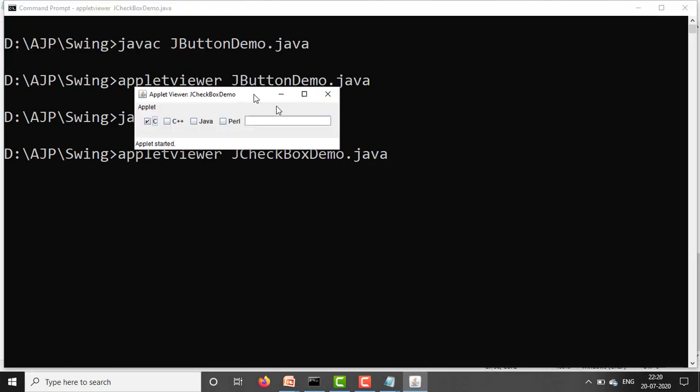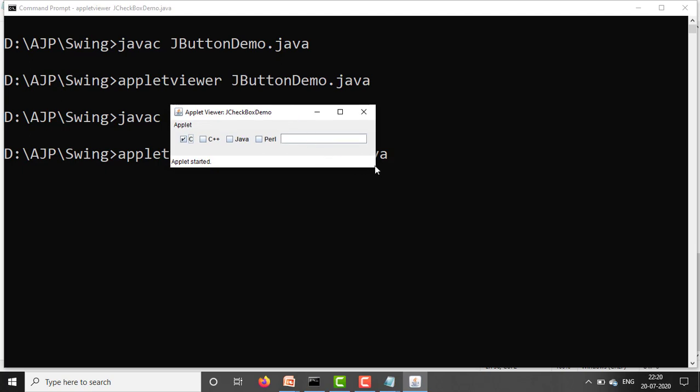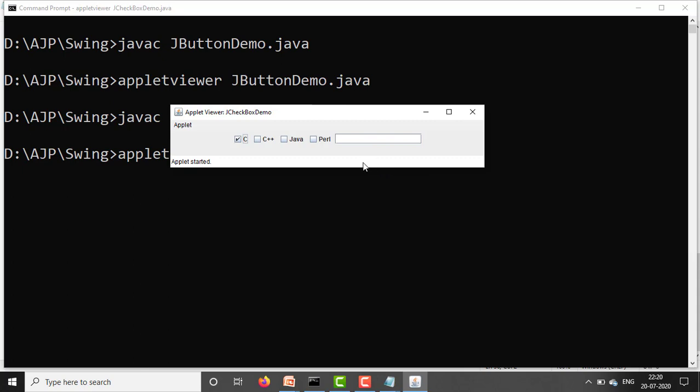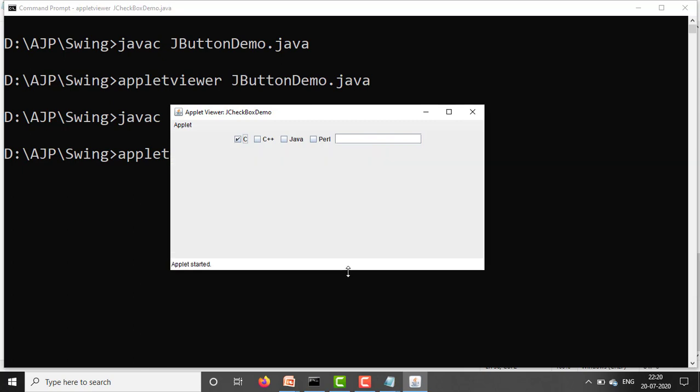See, this is the output window. C is already checked. Whenever we click on this, an item event is generated. C, C++, Java, Perl, like this, and each time we click, it generates the events.